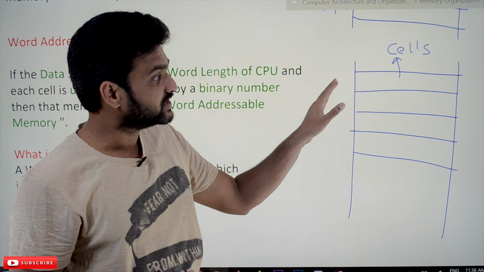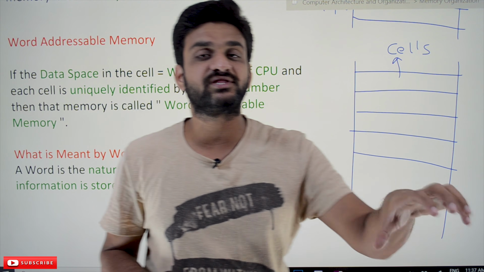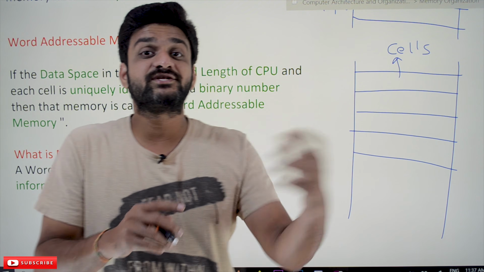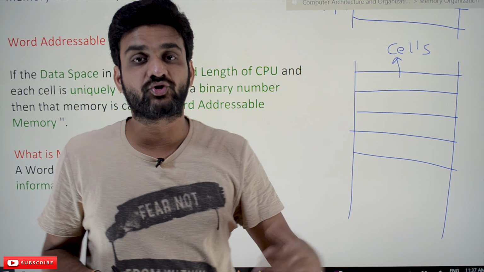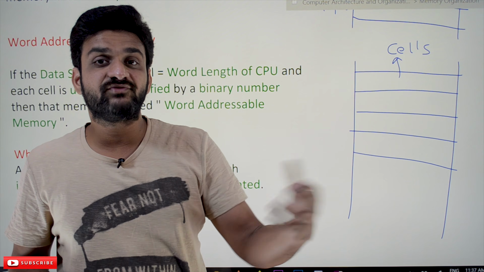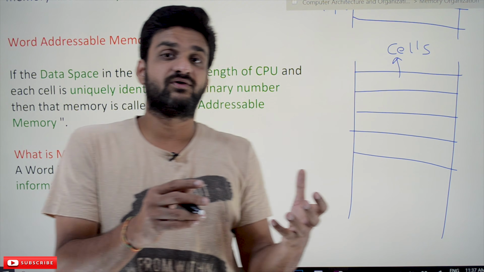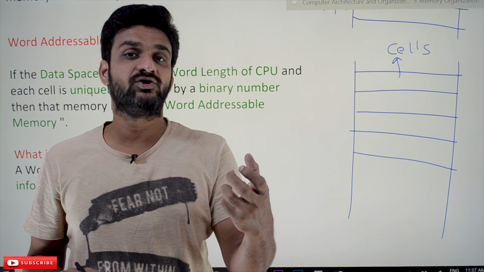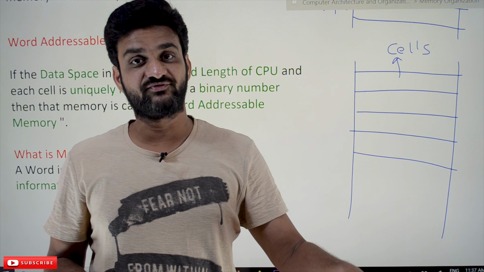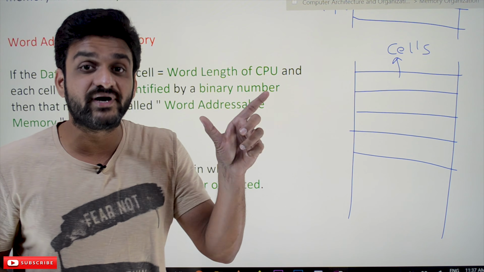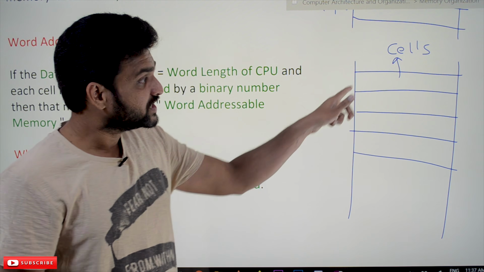For example, if you want to download an application and install it onto our computer, what is it going to ask? Think of it. Whenever we want to download an application, for example Chrome, it will ask whether your computer is a 64-bit computer or 32-bit computer. Similarly, if you want to load an operating system onto the computer, it will ask whether your computer is 32-bit or 64-bit. That is the word size,